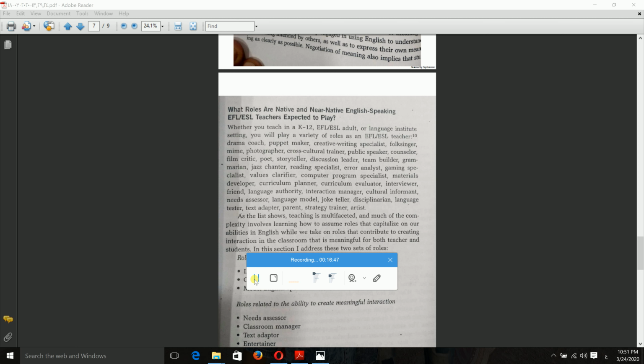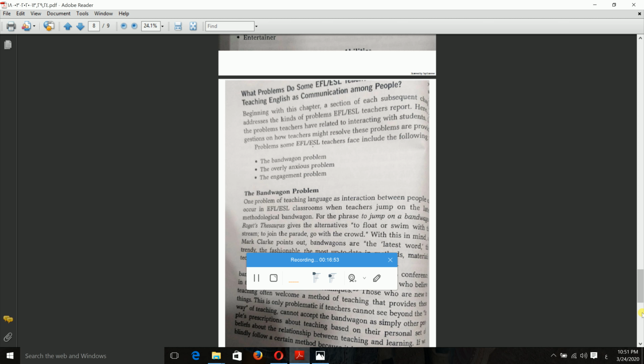Let us move, my dear students, to the final part of our lecture, which focuses on what problems some EFL and ESL teachers have in teaching English as communication among people. Here we have three main problems: the bandwagon problem, the overly anxious problem, and the engagement problem. The bandwagon problem, my dear students, means